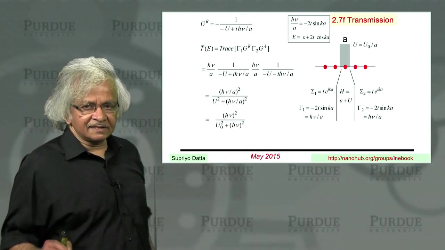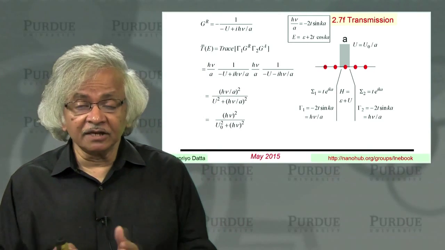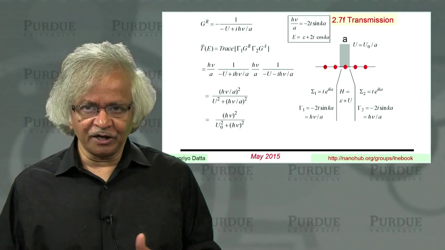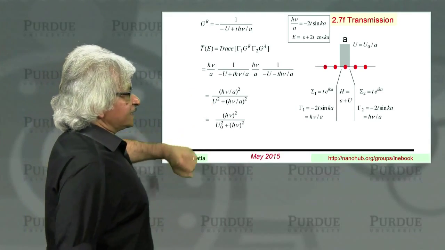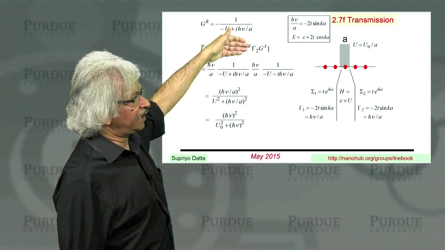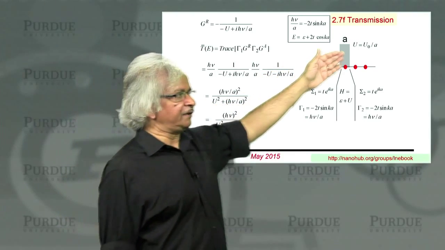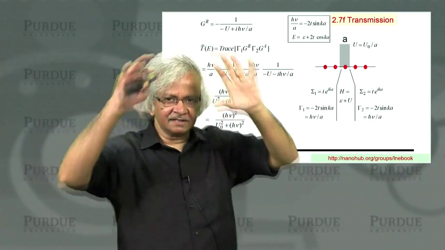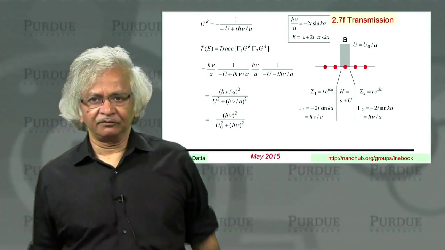And this is a standard result you could have obtained directly by solving the Schrodinger equation with a delta function potential. But the bottom line of all this is that this T bar, which came from our Green's function method, can be interpreted as the transmission through a barrier. As if your device is some kind of a barrier, and what you're calculating is the transmission from left to right.